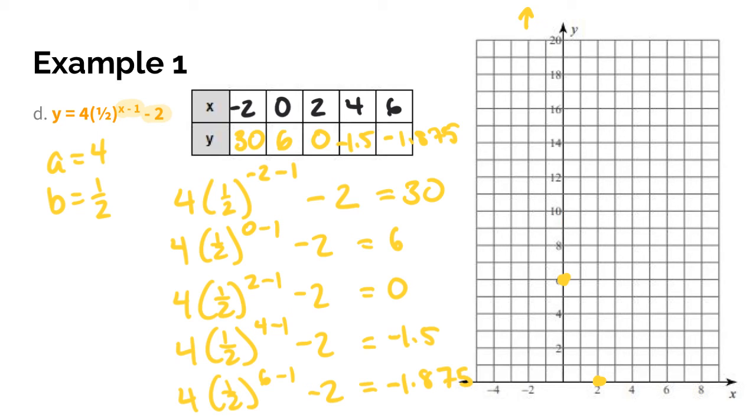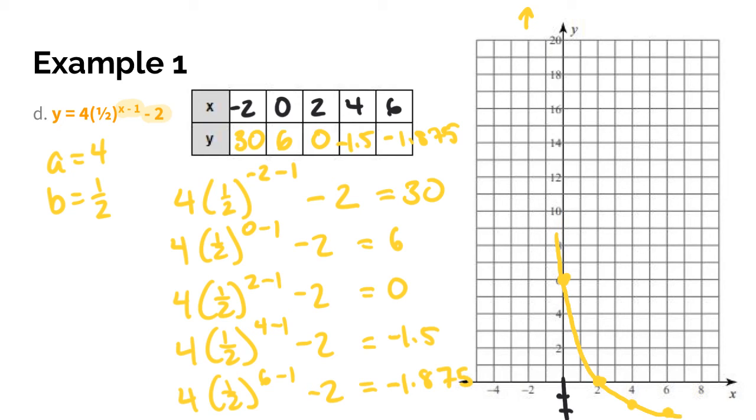Now it goes off my graph, but 4 and -1.5 would be somewhere below my graph, and then 6 and negative 1.875 would be somewhere below. So I'm just going to sketch those points below my graph. Know that if my graph were to extend to negative 1 and negative 2, it would be somewhere around there. The idea is that we see the spacing between my points is getting smaller as my inputs grow larger. What I want you to notice here is that my graph kind of shifted a little bit, and